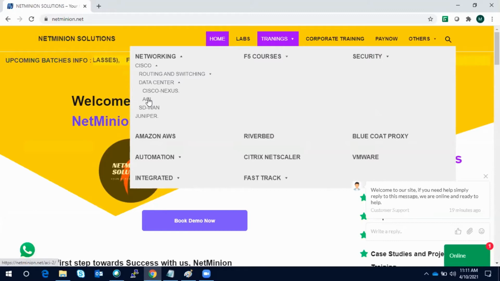This is one of the important fundamentals I wanted to tell you, as many people are confused. ACI is not something which you deploy at branch locations or at campus networking. This is purely a data center fabric. It is always deployed at the data center level and it facilitates application deployment. That's why we put the ACI in the data center category, and you can see the Nexus is also there.